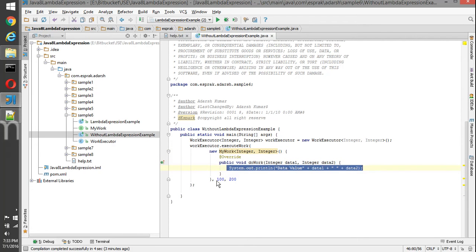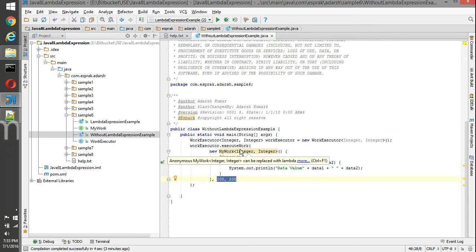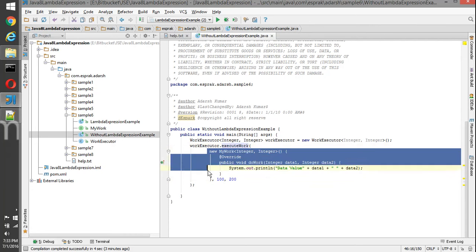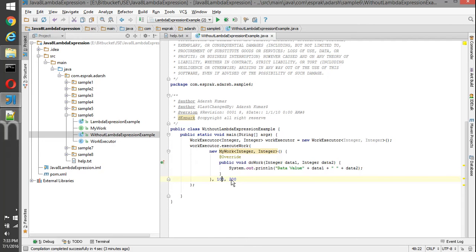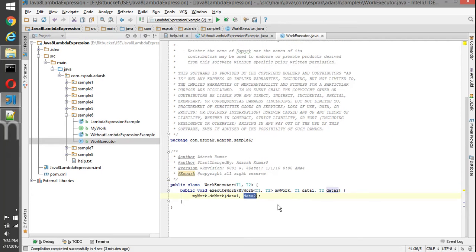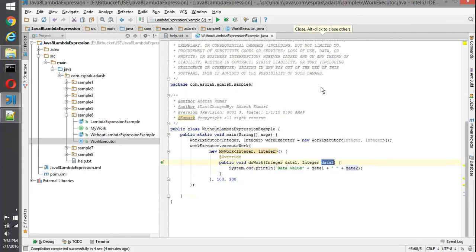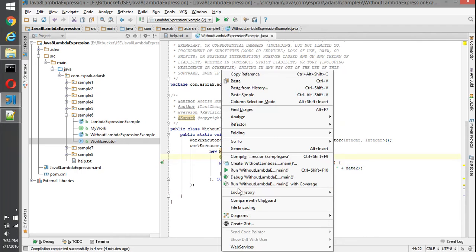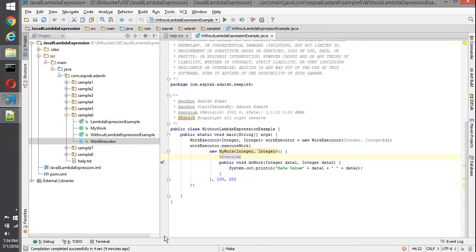And then we have two more parameters, which are the second and third parameters for executeWork. This is the first parameter for executeWork, this is the second, and this is the third. So this 100 is going to sit into data1 and 200 is going to sit into data2. The second parameter comes in as the first parameter here, and the third parameter comes in as the second parameter for the doWork method. So if I execute this piece of code,